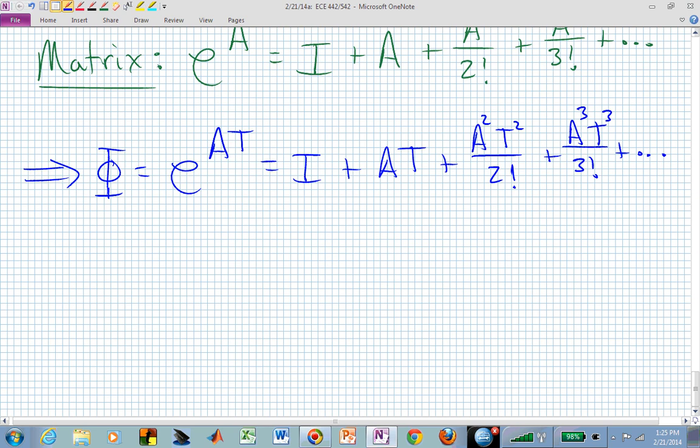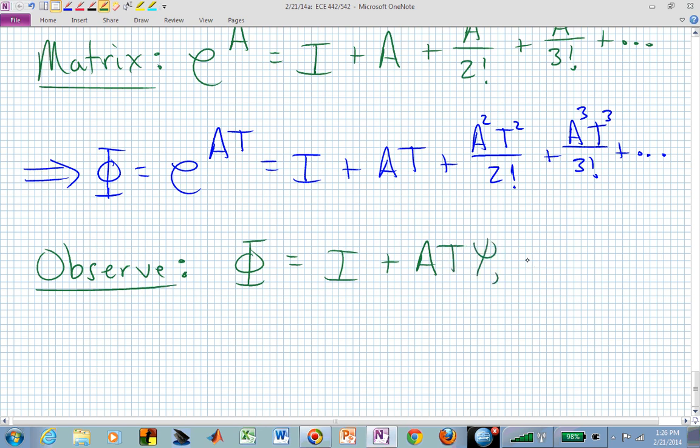Now, that's maybe not the best way to compute that matrix exponential, to start squaring and cubing and raising A to the fourth. That's usually not very nice numerically, but if we make some observations, we can actually improve the numerical properties of that process of computing phi. If we want to create this phi matrix, then we may want to write it as I plus A times T times a new matrix psi, where this psi matrix is actually